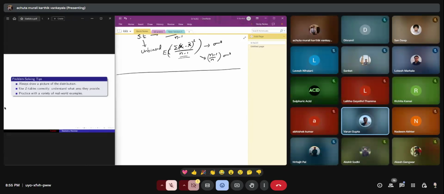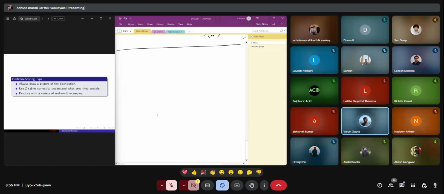Sir, one question on distribution before we move. So we are saying that the area under the curve defines the probability. Yes, for continuous distributions, area under the curve defines the probabilities. So in case we have to find the probability from A to B, we use the area under that curve. Then how does the shape of the CDF matter?